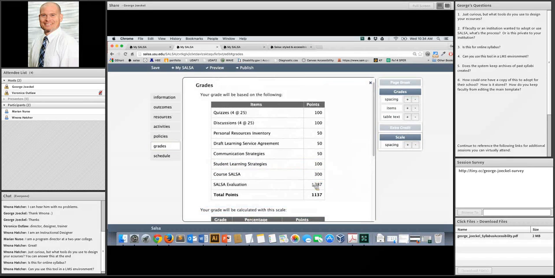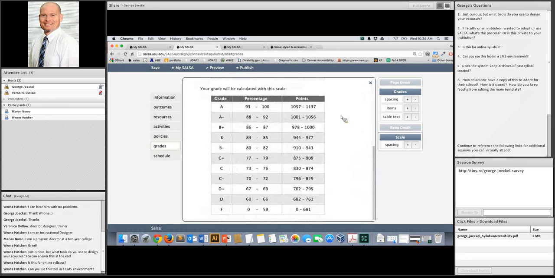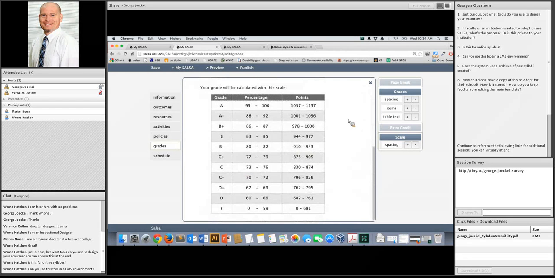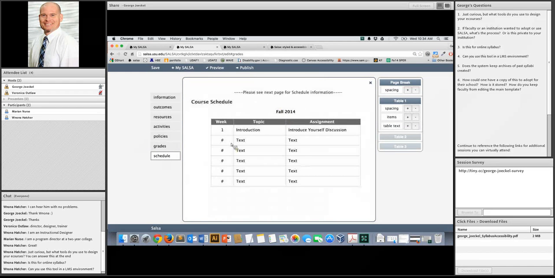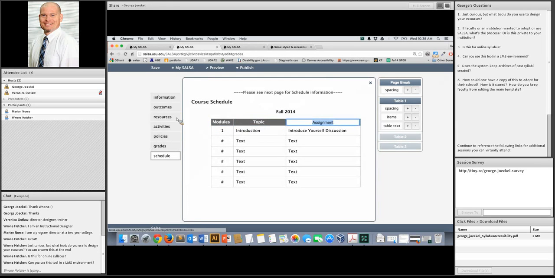Those are all decisions that can be made amongst administrators, and then the tool's really here to just enforce those decisions. Then we have a grades calculator, which a lot of people like because sometimes, even though it's easier to base things on 1,000, people have their various reasons for not doing it. So we calculate all of the points for you, and this open instance even has the ability to change these. So I could come down here and make that a 92, and then everything cascades down and changes. And then we have a schedule.